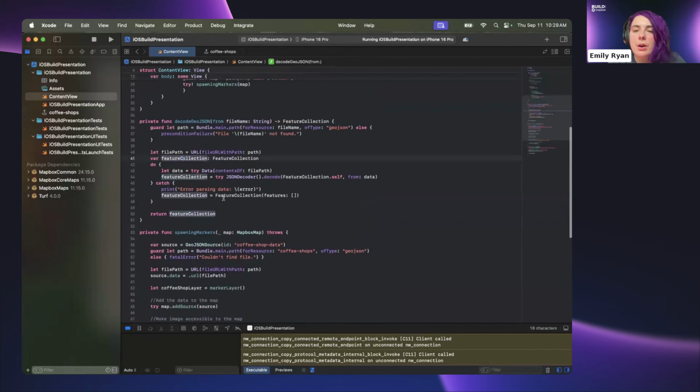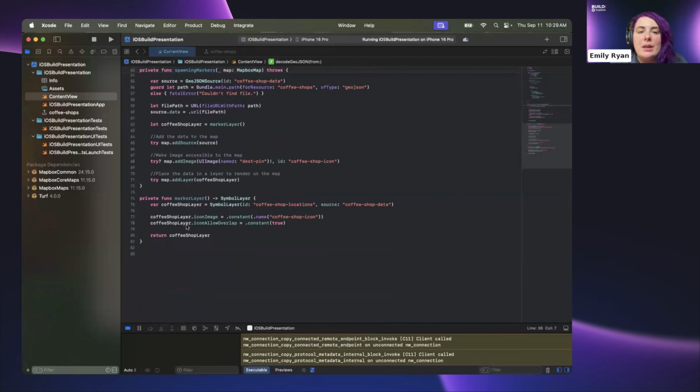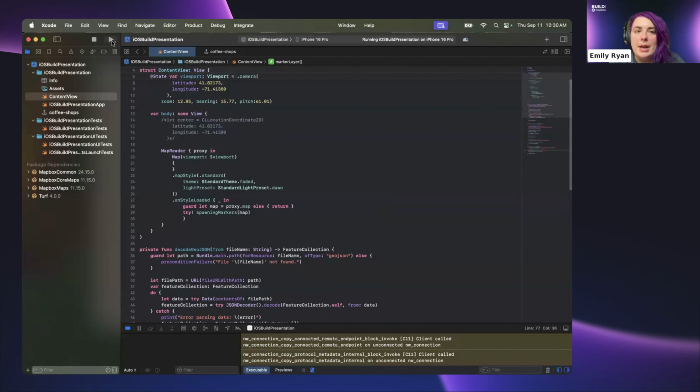If we scroll back up, we're going to talk about decoding the GeoJSON data itself. First you need to go in and actually grab a reference to the file and do a guard just to make sure it actually exists. And then once we have that file path, we can go through and create a feature collection to store all of this data, and then go through and decode each of the points into something parsable for us to use in our project. And then lastly, this is actually creating the symbol layer itself. So we're giving it a name, assigning it that image that we talked about above, and then returning the layer for us to use. So if we scroll to the top and hit play,